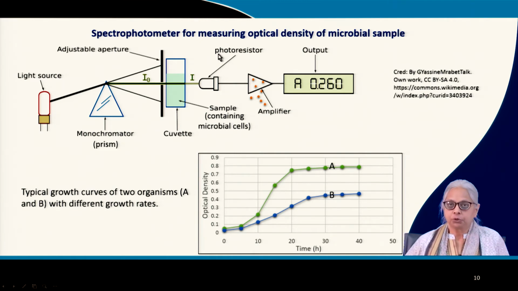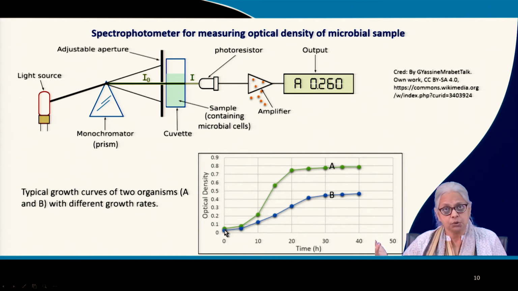So here we have our spectrophotometer. You can use a turbidity meter for doing these measurements, and we have the cuvette which contains the sample. So the light will pass through the cuvette. Now this is the light intensity. I0 is the light intensity that is incident on the cuvette, and I is what passes through the cuvette, and that is picked up by a sensor. What you're actually measuring is the light that is transmitted through the nutrient media. Now this light, when it is measured, is going to tell you something about the optical density of the media itself. So the optical density when there are no cells is close to 0.